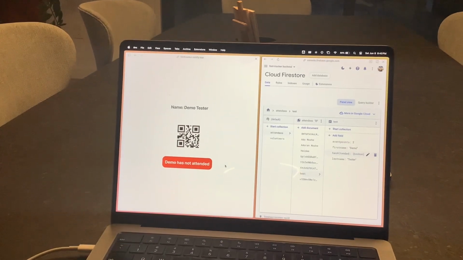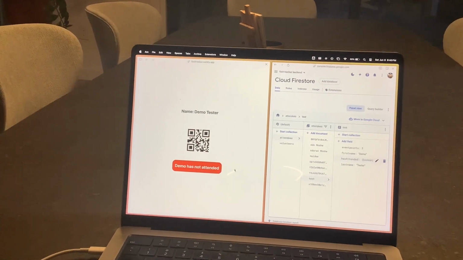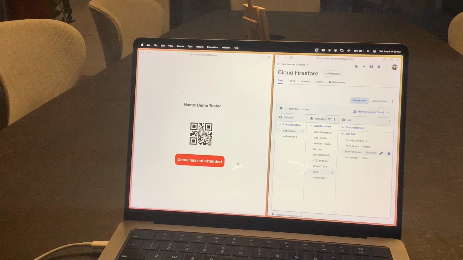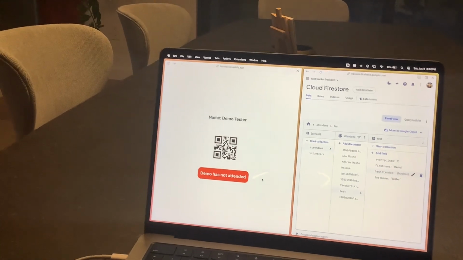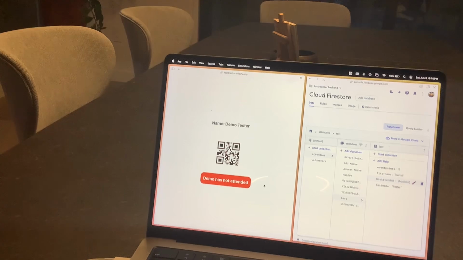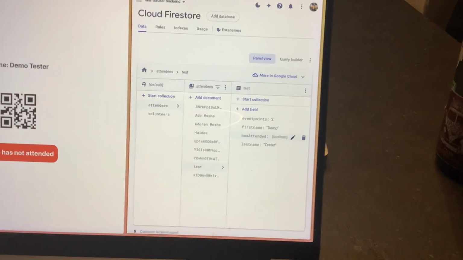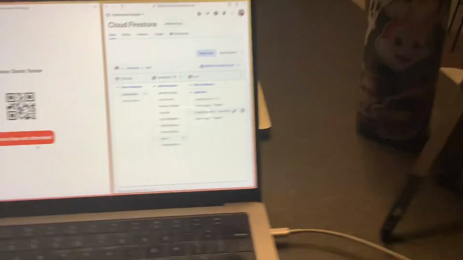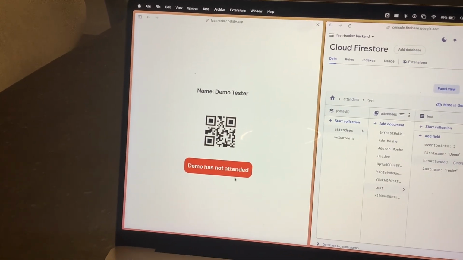And on how this works is that the actual web app is subscribed to a Firestore webhook. So whenever the has attended property changes, a function that I passed into that webhook is invoked. It's a boolean right now. Currently it's false, as you can see. The user has not attended, and I'm just rendering a component that says that the user has not been